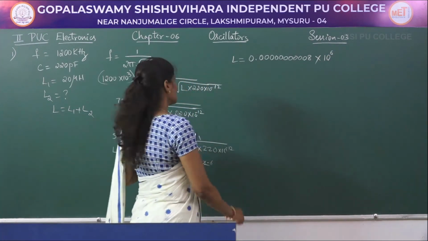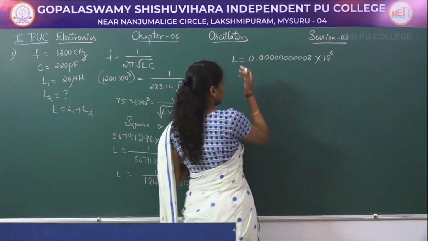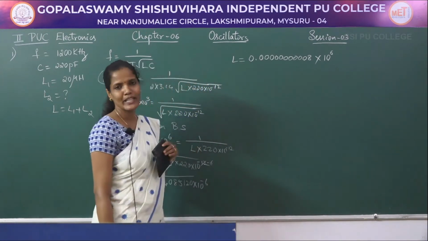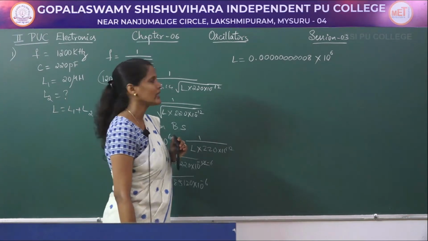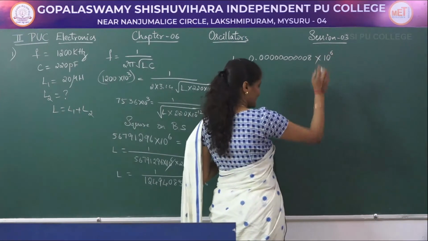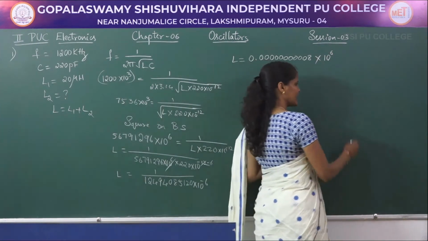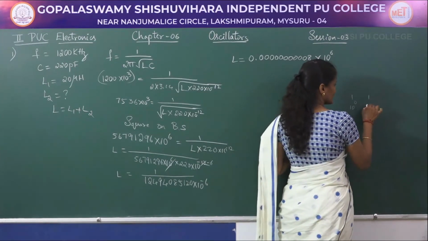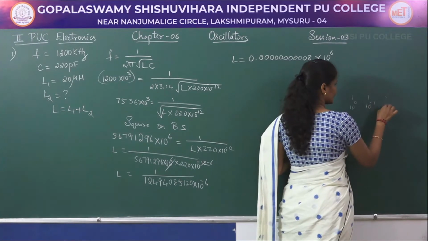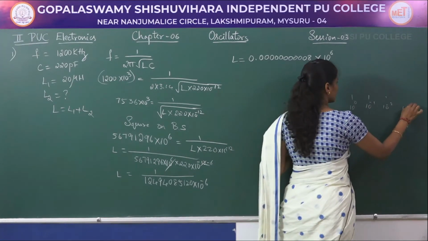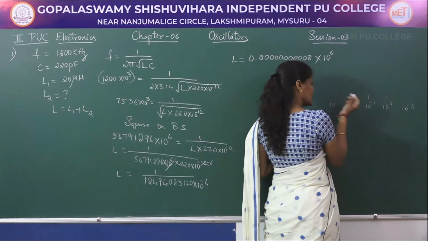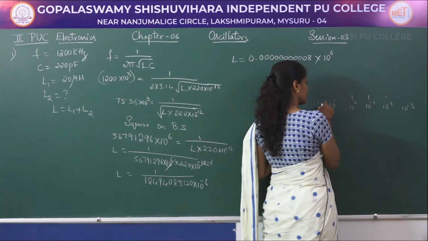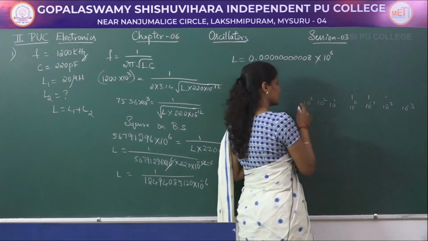Now, inductance value will always be in terms of 10 to the power of negative values. So, let us eliminate this first. In the last session itself I told you, if here I am having 10 to the power of 0, to the right of this I will be having 10 to the power of negative values, 10 power minus 2, 10 power minus 3. But here to the left of this, 10 power positive values, 10 power 1, 10 power 2, 10 power 3, and so on.